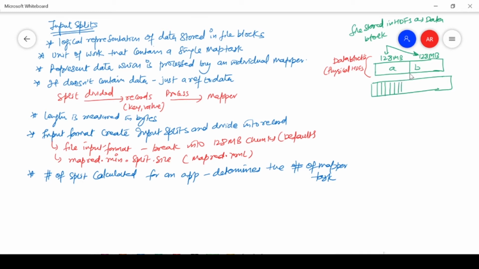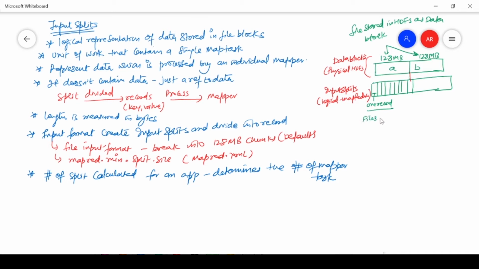Let's say this one block I'm making a highlight color, but my data is till this point, and then another record. This is our input split, and this input split is our logical MapReduce unit. Every individual part here is one record. Let's say a record comes in between, and this is one part of the input split. So this diagram will explain you